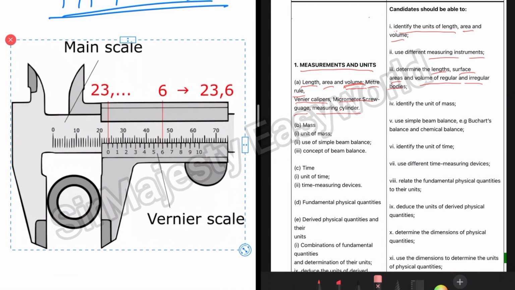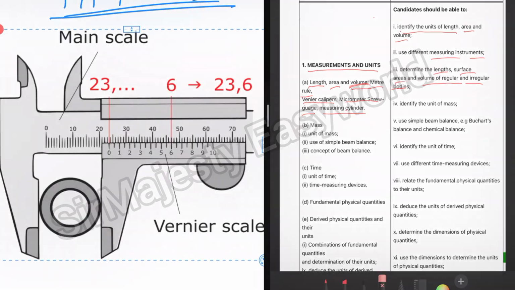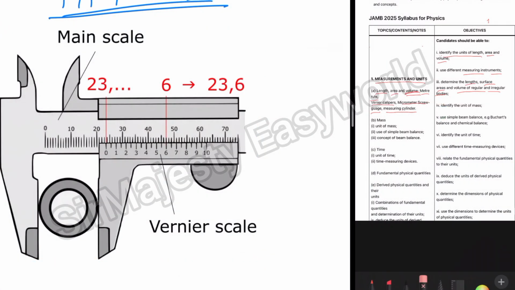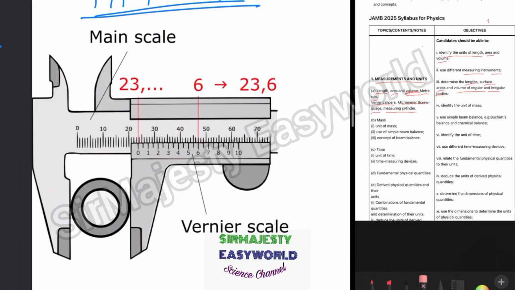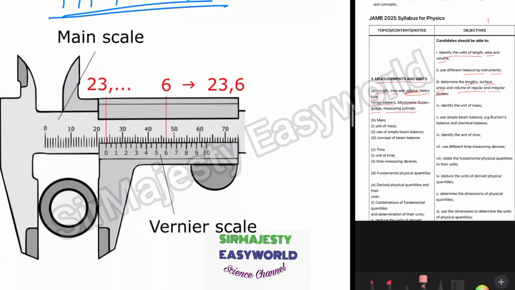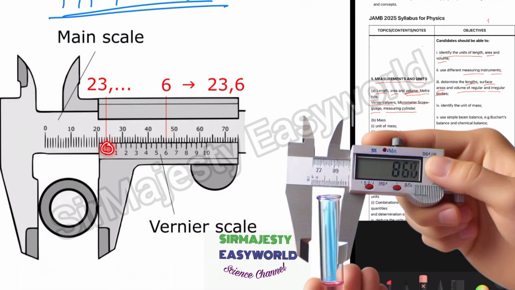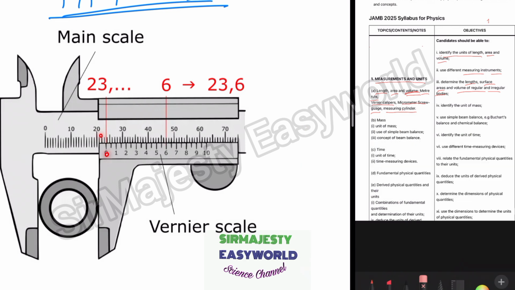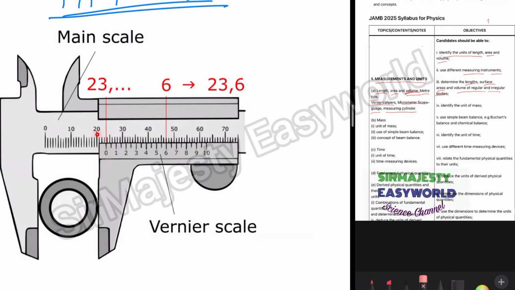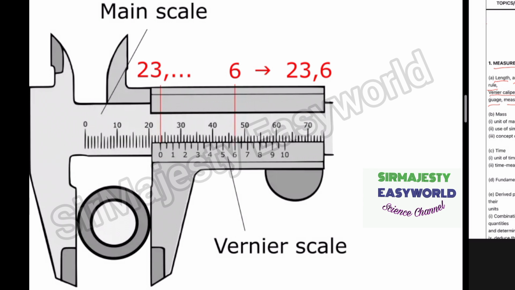Look at the drawing on the left of the screen. Remember we said that these two work together, both the main scale and the vernier scale. Now, what you do is, look at this reading on the vernier scale. Check the last reading on the left of the main scale that tallies with this. Remember, this is 20. Since it is graduated in 20s and 30s, that means this reading here is 21, this will be 22, 23, 24, 25, and so on. So the last reading before this zero reading is your 23. So this becomes